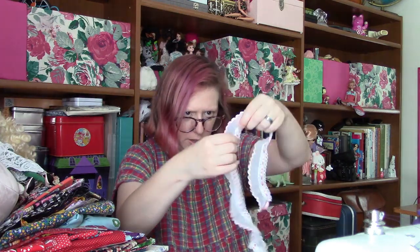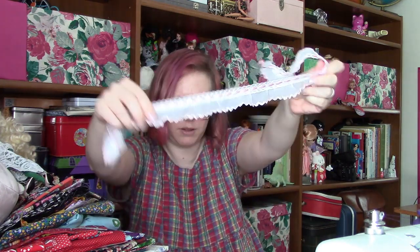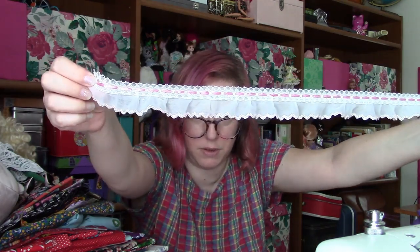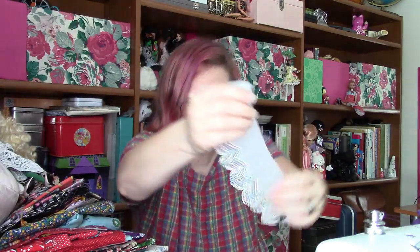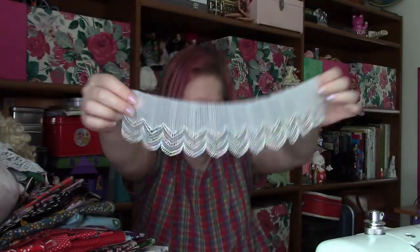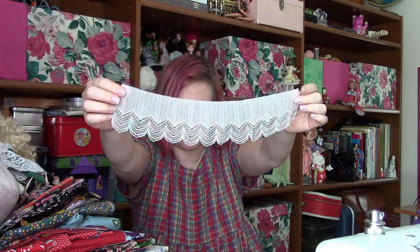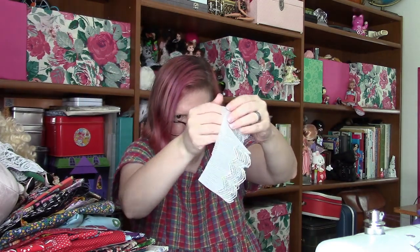And a little bit of this. This is very much like trim that was on dolls from the 70s. And even more like trim from dolls of the 70s is this, which had a header on it that I've already taken off. This just reminds me so much of several different Barbie clothes from the late 70s. And some